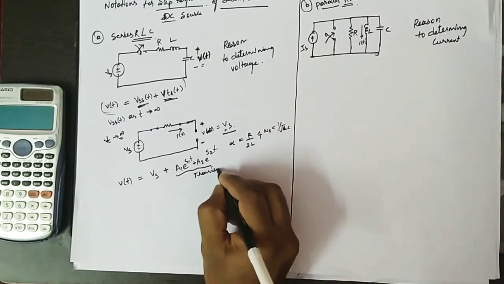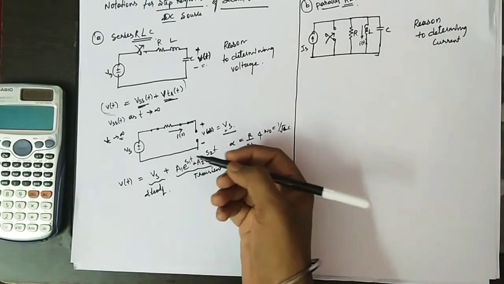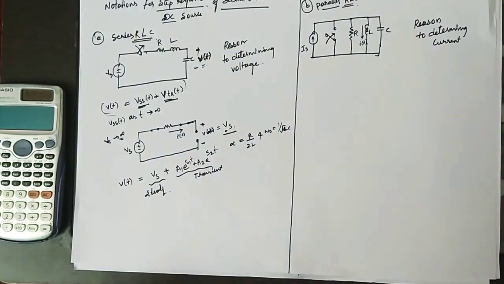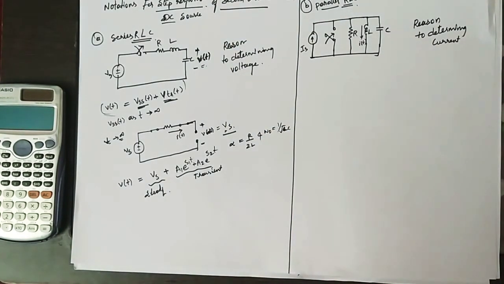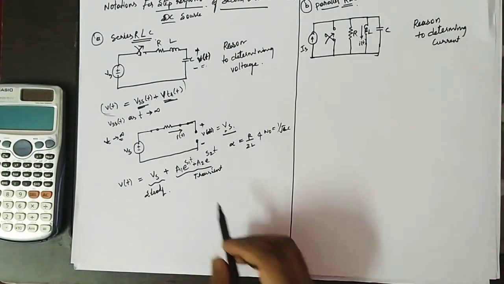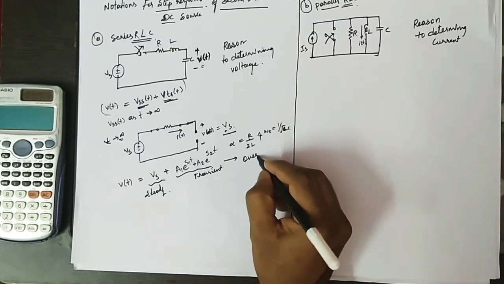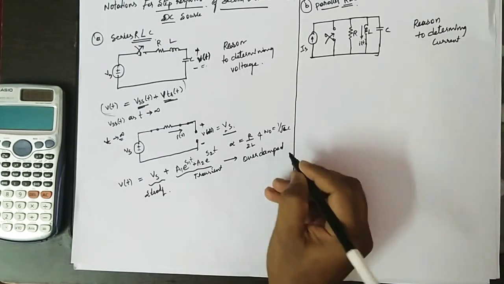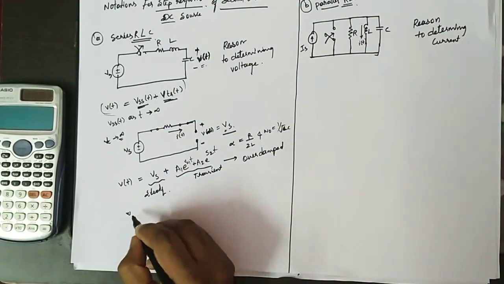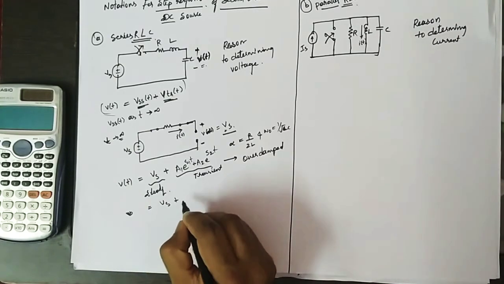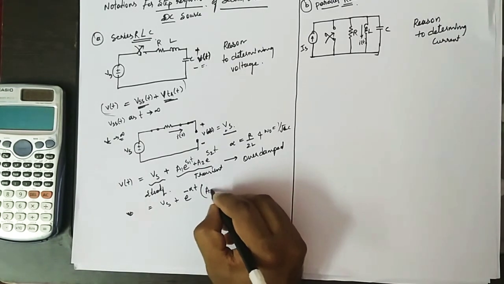This is the transient response, and this is the steady state response. In the exam you can write it directly like this. When the switch is closed, you write the KCL equation, observe the current response, and write these expressions. So this is for overdamped. For critically damped, v of t equals Vs plus e power minus alpha t times the constants. Directly you can write this in derivation only, but solving sums is another concept, which we'll deal with when omega n equals omega d.